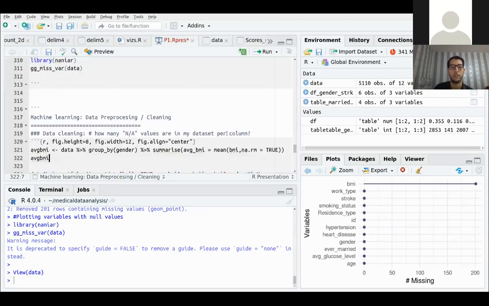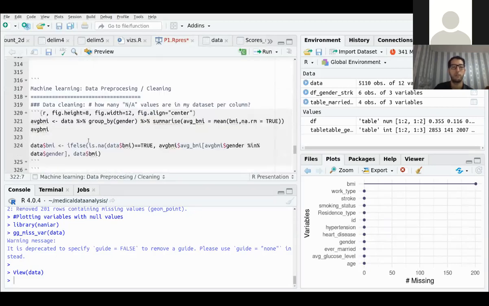Okay, so how is it done? It is done using group_by. I want to group by gender, and I want to summarize. Summarize is just calculating, for each group, the mean of BMI in the lines where there is no NA. So if I execute this line,